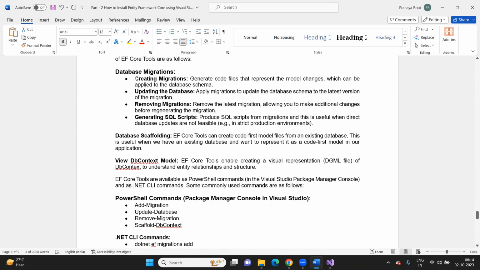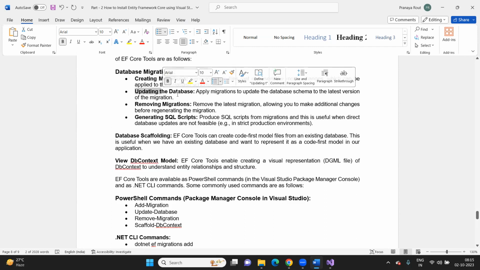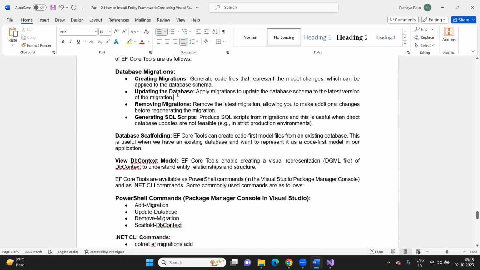Database migration, right? Suppose we are going to create a migration. What is a migration, how to create the migration, we'll discuss practically, right? But for now, you can see if you want to create a migration, update the database with that migration, if you want to remove a migration, or if you are generating some SQL script, right, means what? If you want to execute some raw SQL statements, right, generating the SQL script means what? Now see, whenever we update the database, based on the current or latest migration or whatever migration we specified, it will generate the SQL script